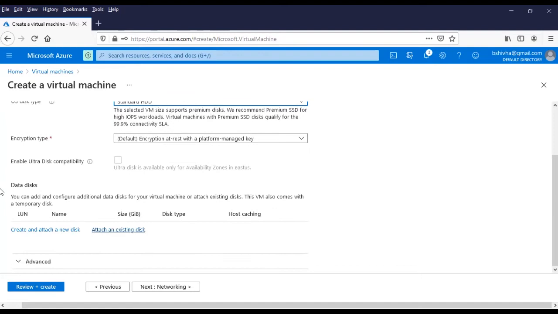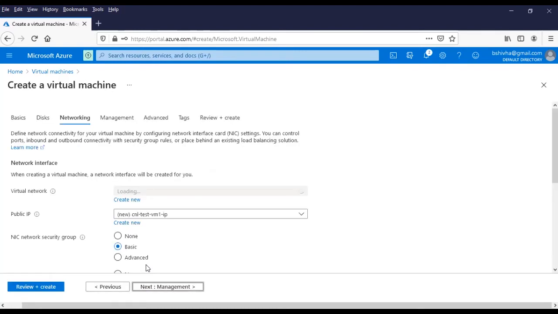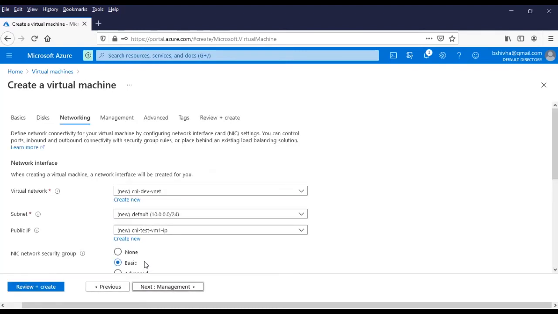Come down. If you want more data to be stored, don't store it on the OS disk. You can create a data disk, an additional secondary disk. Go for networking. Since we are just starting, we don't have any VNet, any subnet, anything, so it is automatically getting created. Come down.